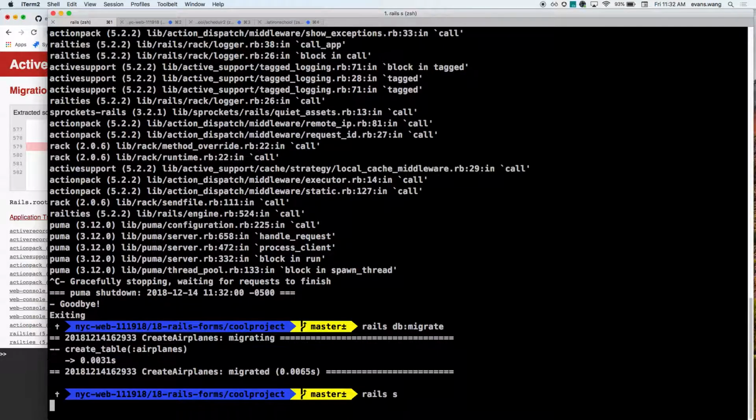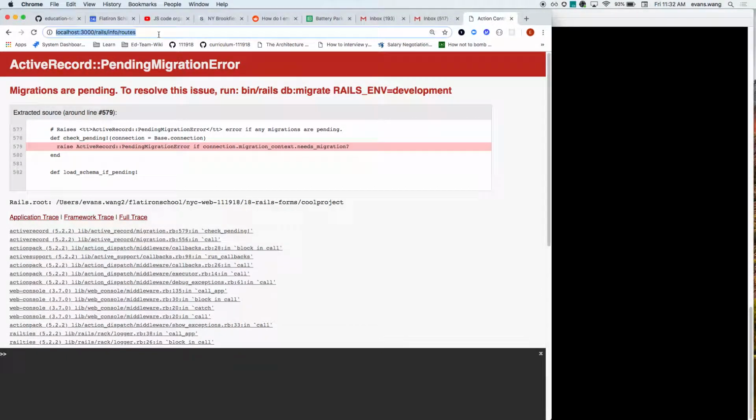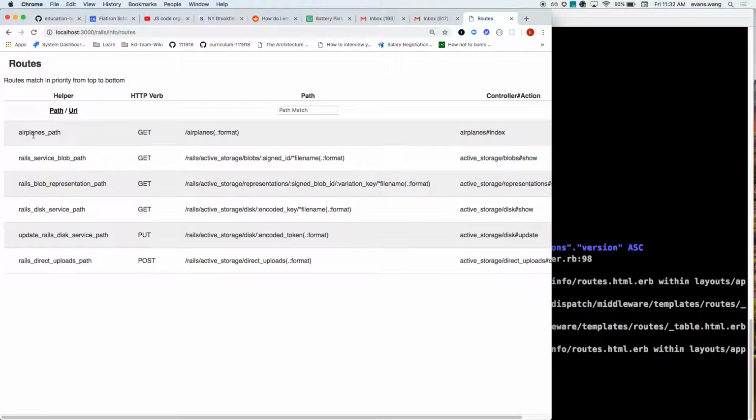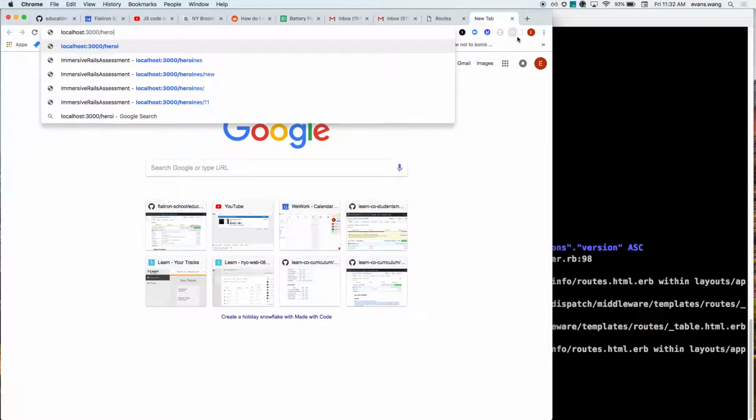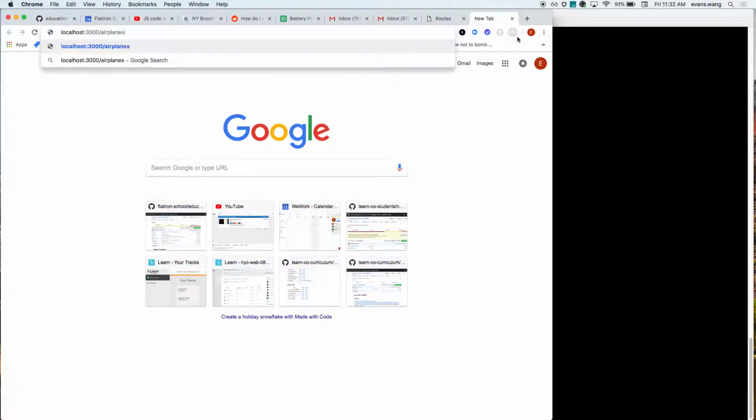And then rails s. I can always check the routes here, and I will see this path, this helper called airplanes_path, and it builds me a GET to /airplanes, going to my airplanes controller, pointing at an action of index. Cool? So what does that mean? That means I have access to a GET to /airplanes. So localhost:3000, a GET to /airplanes will give me